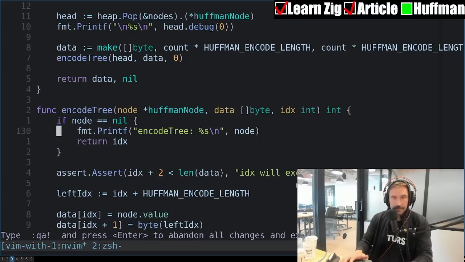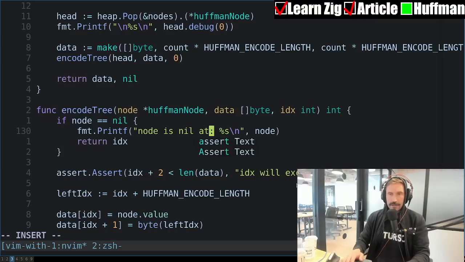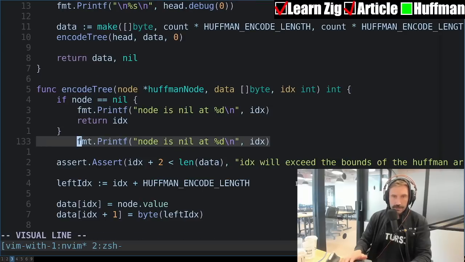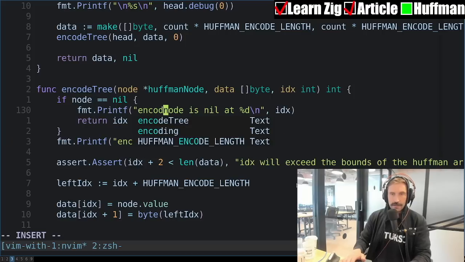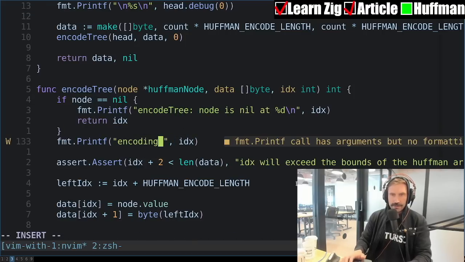Here, I'm going to do this. Node is nil. Yep, all right. Oh yeah, there we go.